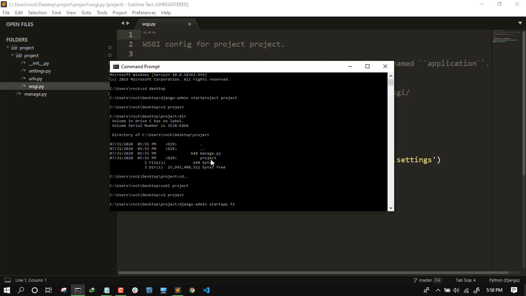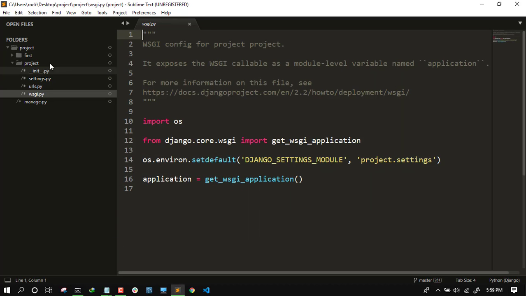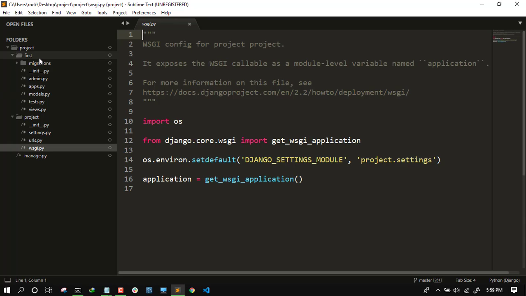I like to give it the name first. You can see inside the project there is one more folder with the name first. It is created, and there are multiple files inside my folder: __init__.py, admin, apps, models, tests, views. I will explain these files in the upcoming videos.